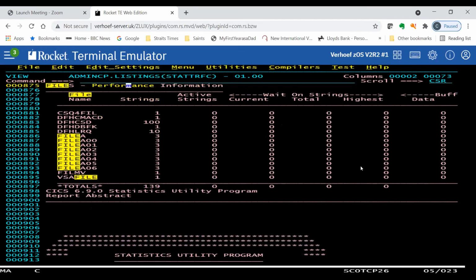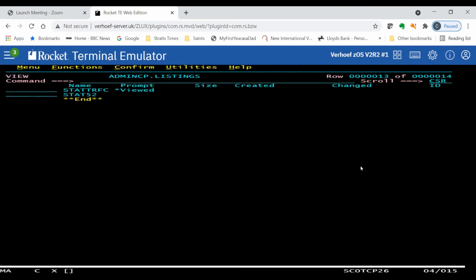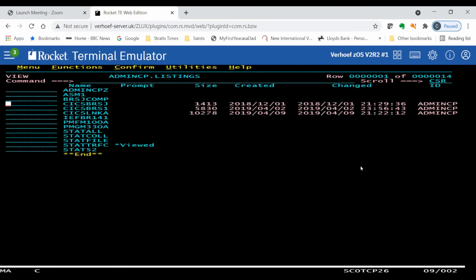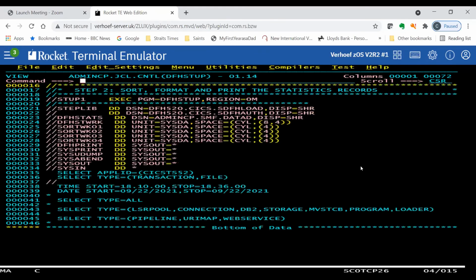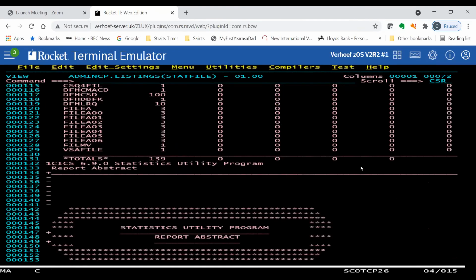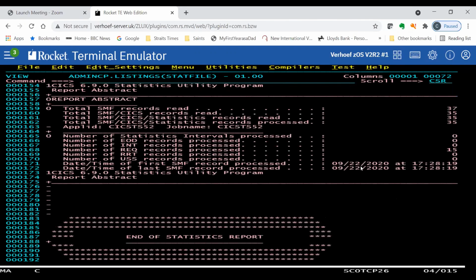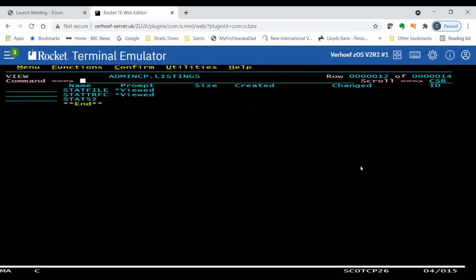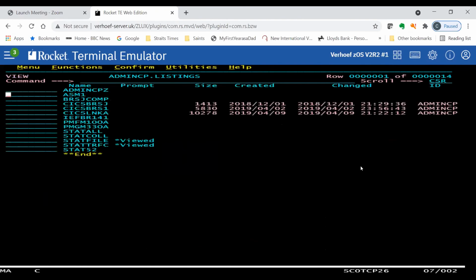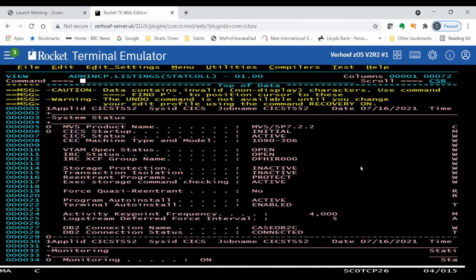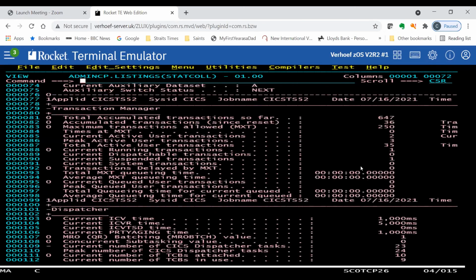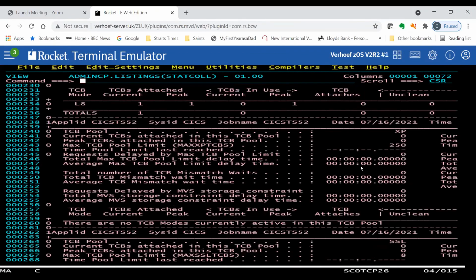The only thing you'll really have to get to understand is how to read the DFHSTUP output that I've shown you here. If I come back to this one, if I just specify file, I can specify individual ones. I don't need to specify them in combination. You can see here what the report gives me, or I can just report on everything. I can say, just give me everything here, and it'll give you what was sent out to the JES spool. But in this case, it'll give you everything.